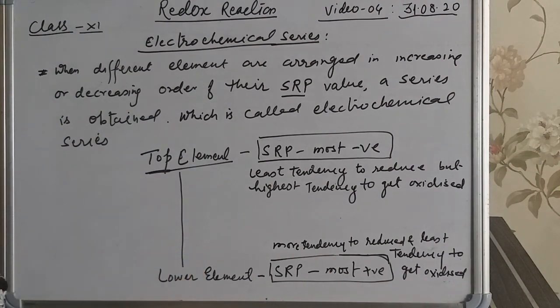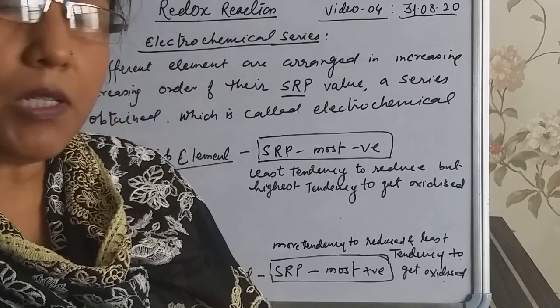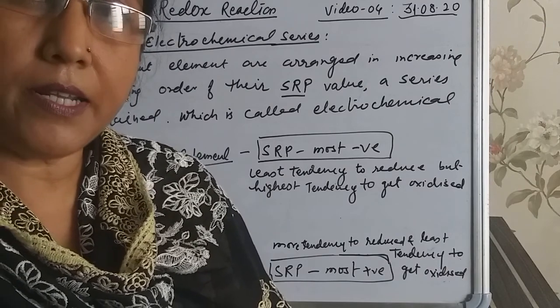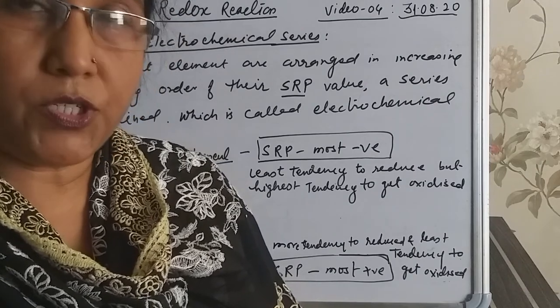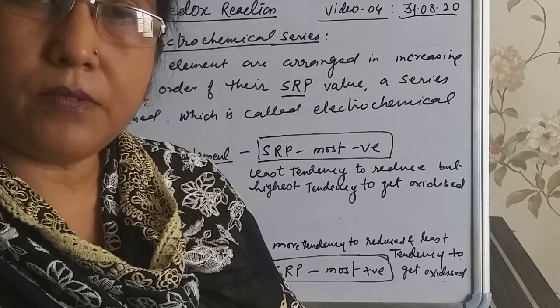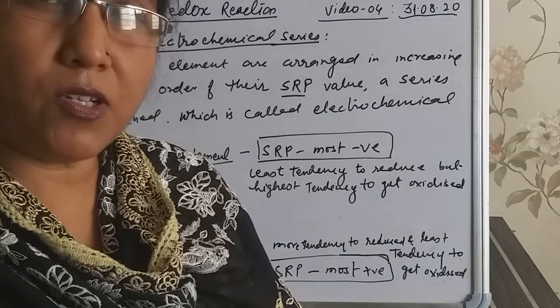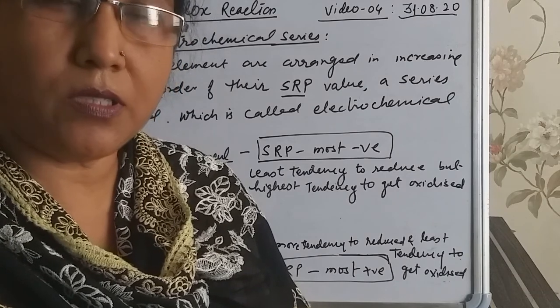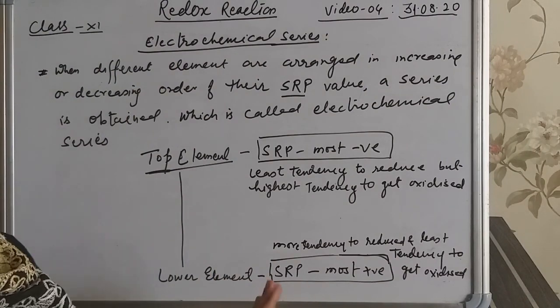With this particular topic, students, we have completed our redox reactions chapter. So do practice, do all the question answers given in the NCERT textbook, in the text and also in the exercise. In the next video we will start the next chapter, most probably the s-block or hydrogen. Go through this chapter and do all the question answers, very important, a large number of questions were asked in the examination. So that's enough for today.